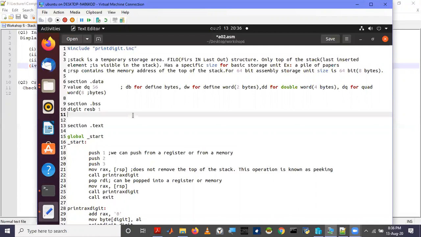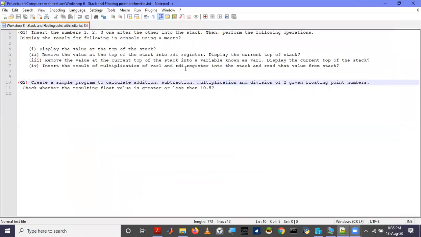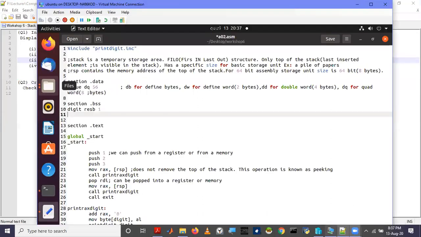Just like we have DB, DW, DD, and DQ for byte, word, double word, and quad word, we can reserve bytes, reserve word, reserve double word, reserve quad word. The variable we are asked to store is var1, and its size should be 64 bits or 8 bytes. That means one quad word.